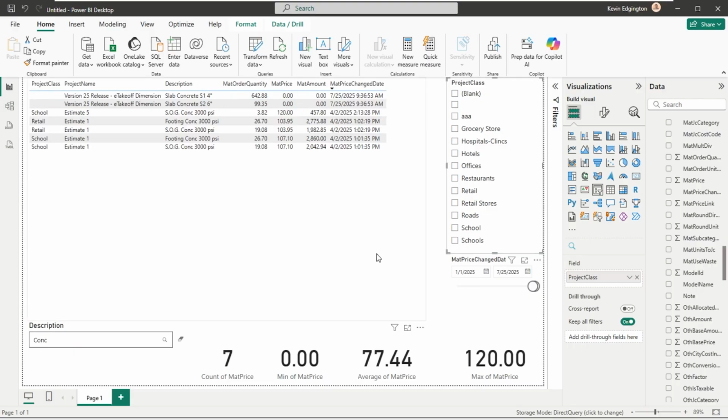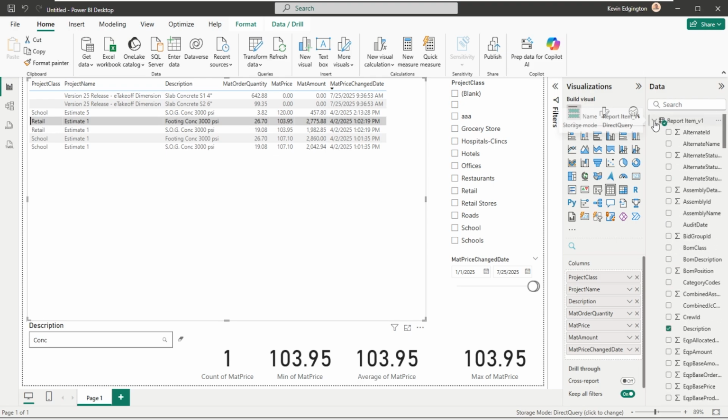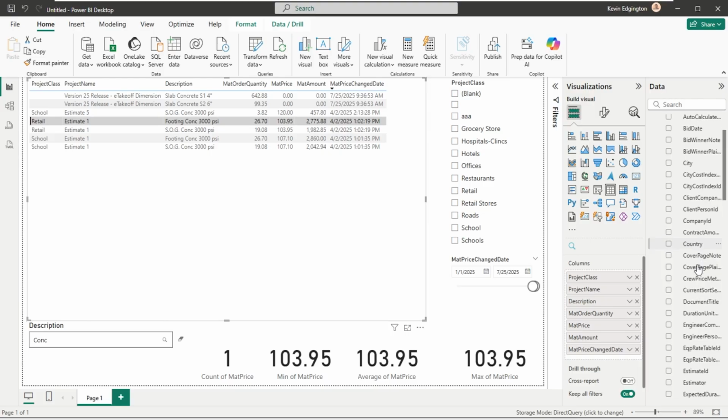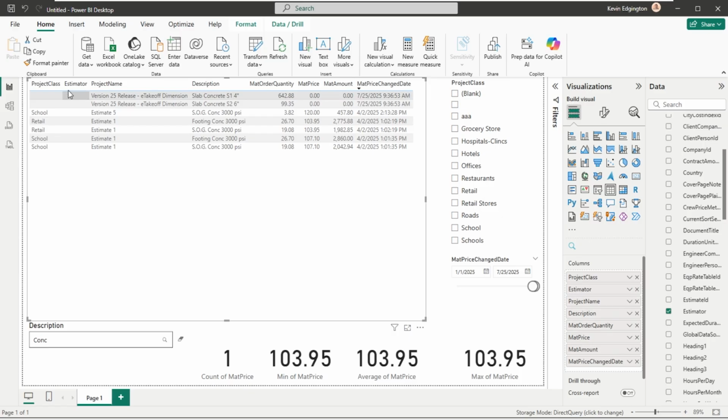Maybe I want to come back to this grid here. And let's say I want to go back up to my other table. And let's go and throw that estimator out there. So let's say that I want to put estimator in this table. So it added it there on the right-hand side. And maybe estimator, I'm going to move estimator up in the list here. So that way it now shows up before this class. So if I go off here and let's say I'm going to take my date range off.